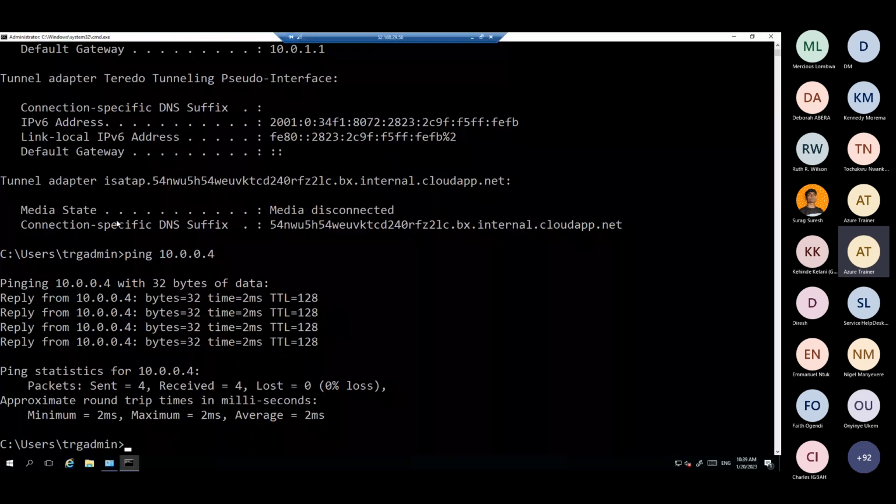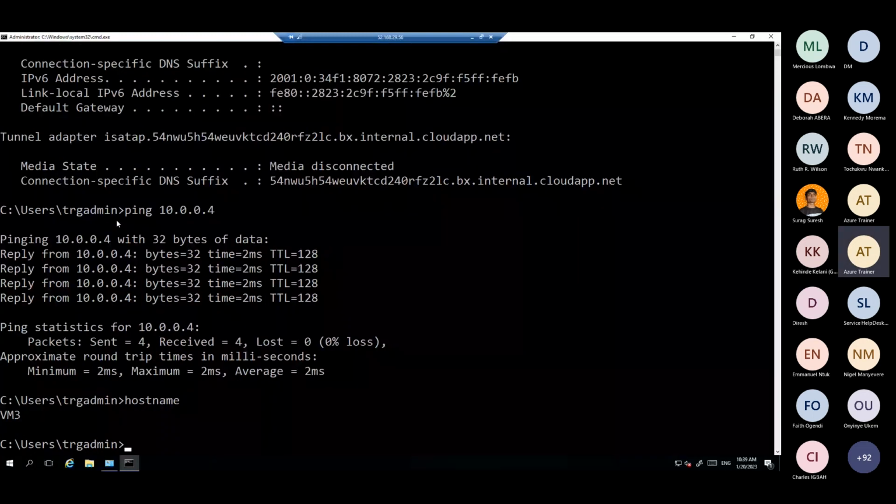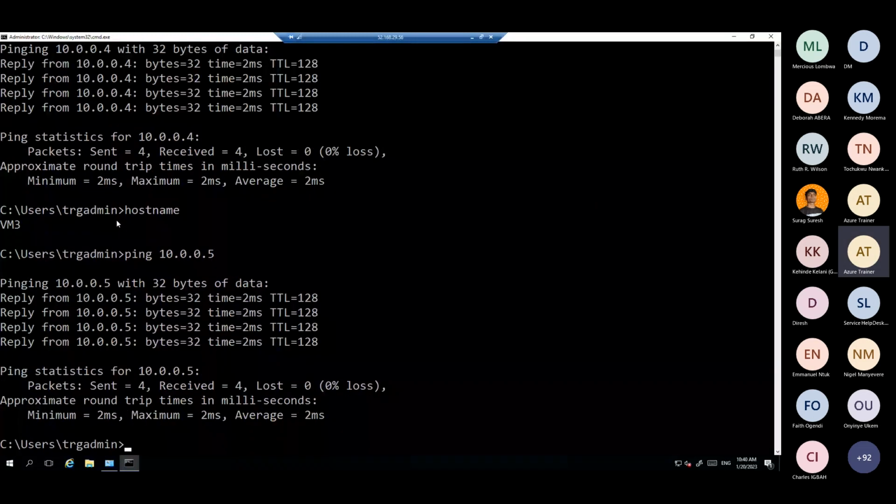From VM3, right now you can see we are inside VM3. From inside VM3, you are able to communicate to VM1 here. For example, if you try to connect to VM2 also, you may be able to see you are able to reach out here. See, 10.0.0.5 is able to communicate from